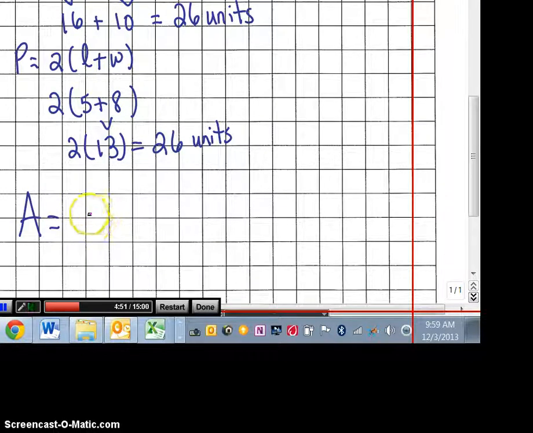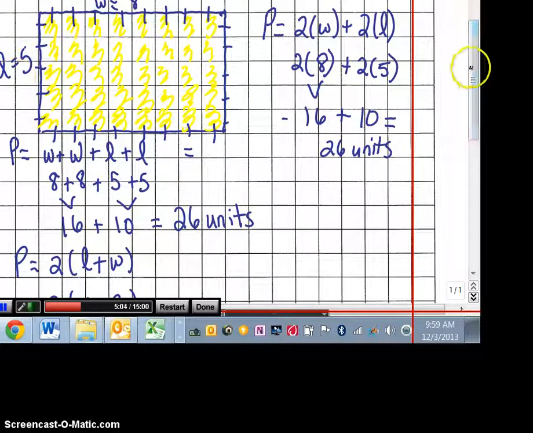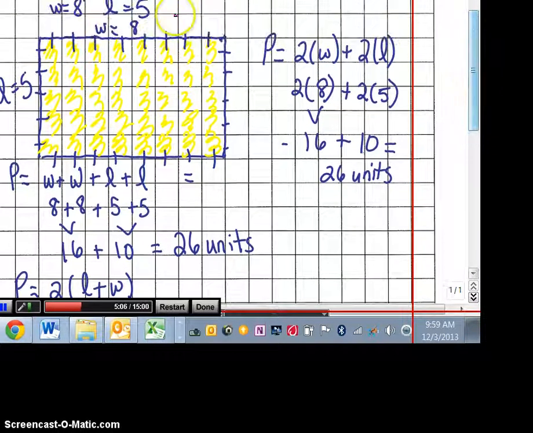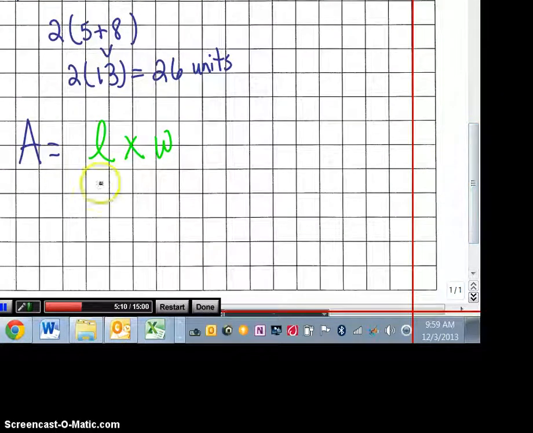So I know that the area formula is the length times the width. The length of this shape, if I look at my diagram, is 5. The width is 8. So I plug in the values for the variables. So area equals 5 times 8, which is 40 square